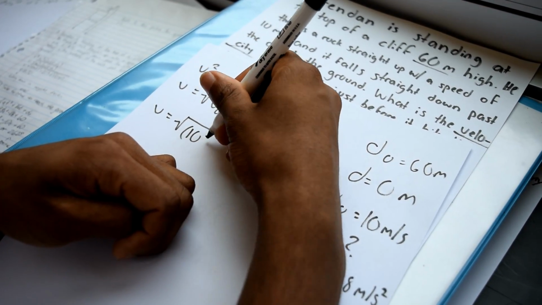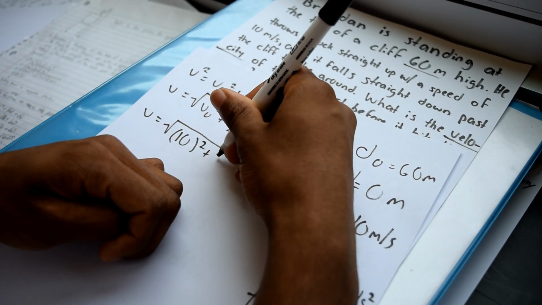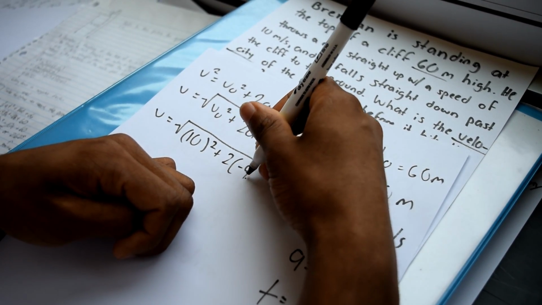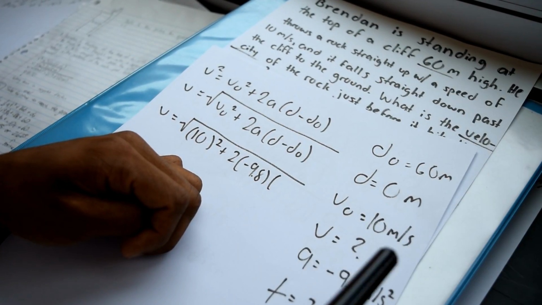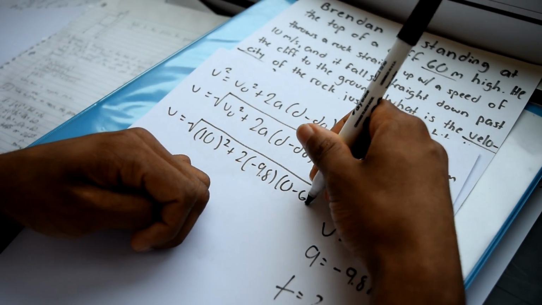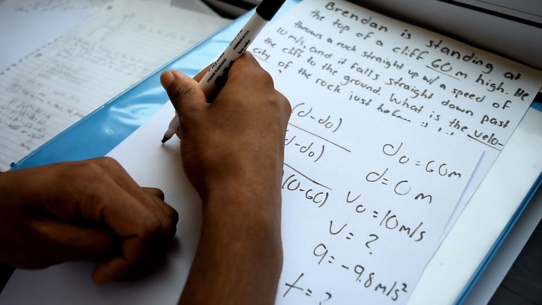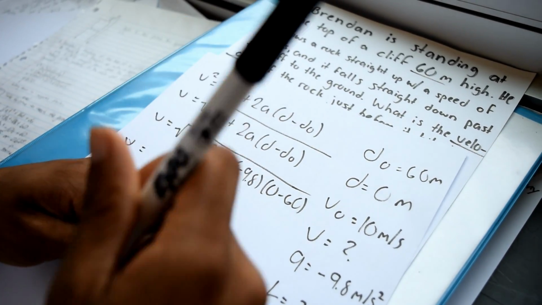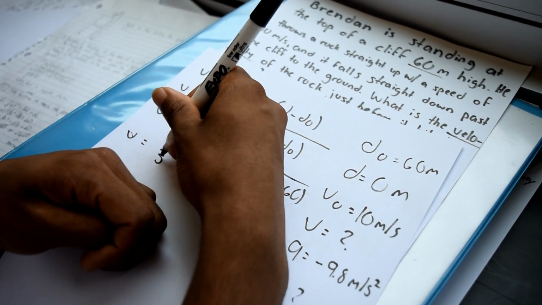So you get 10 squared plus 2 times the acceleration times the change in distance, and then you'll end up with the final answer of